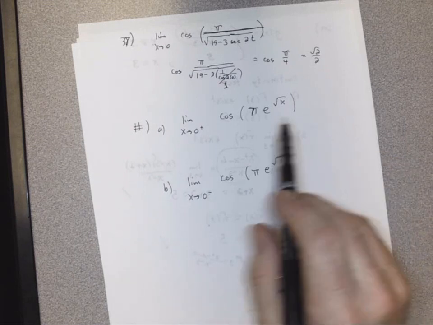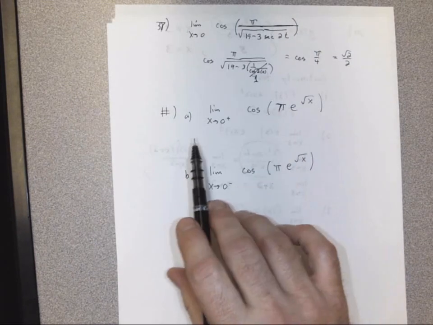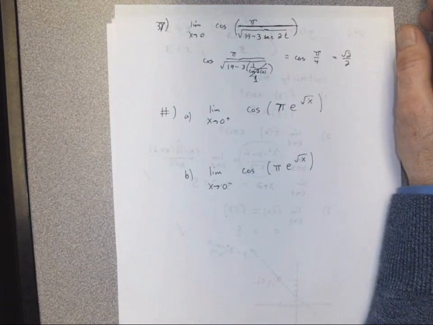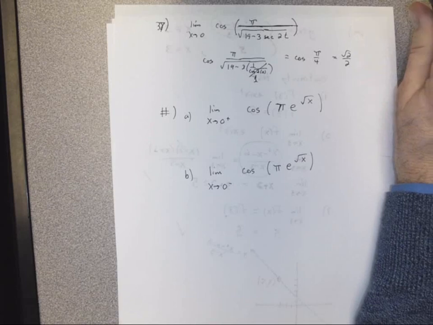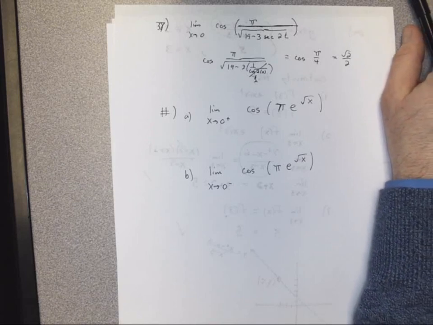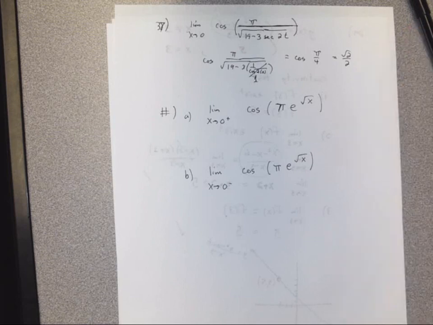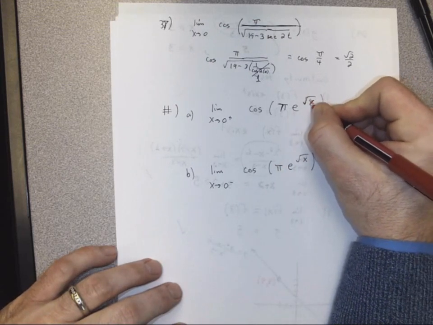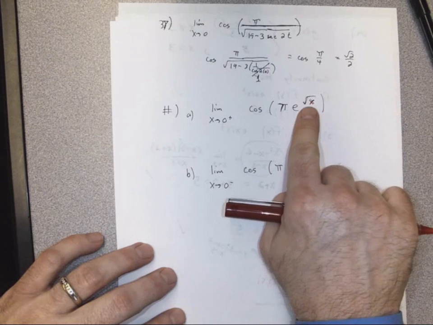So let's talk about this. Where's the only spot where a discontinuity could possibly happen? Do you see any divisions? No. Do you see any square roots? Yes. What's under the radical has to be what? Greater than or equal to 0. You guys agree? So it's really this thing right here that is the only spot, because remember that root x